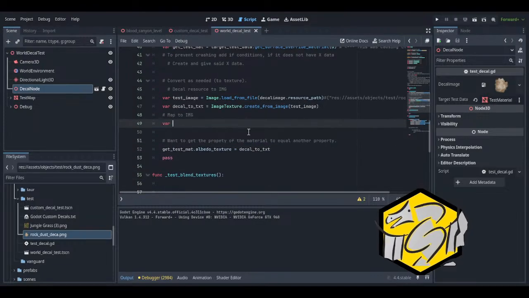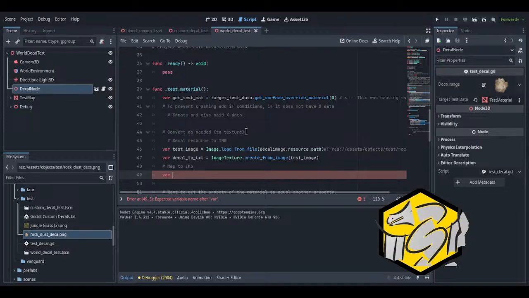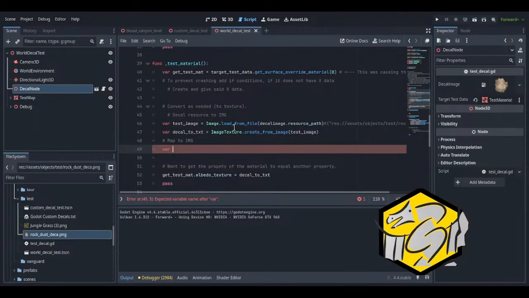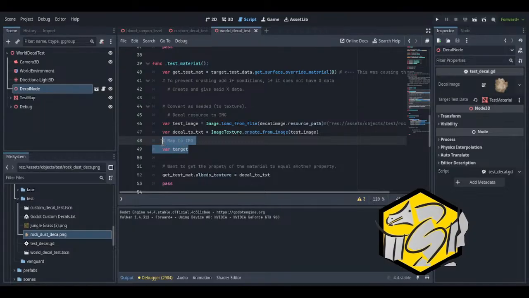It would be bar target test data. Which actually I should just do up here.